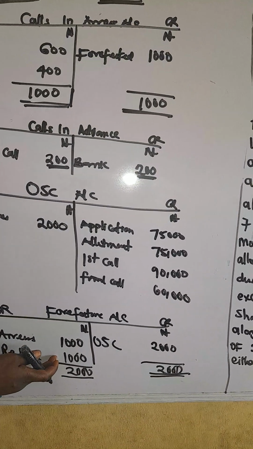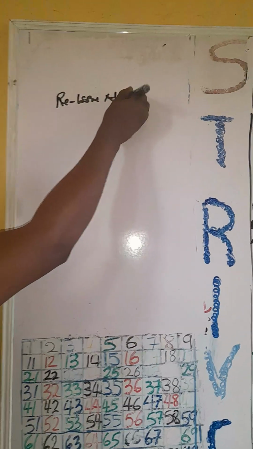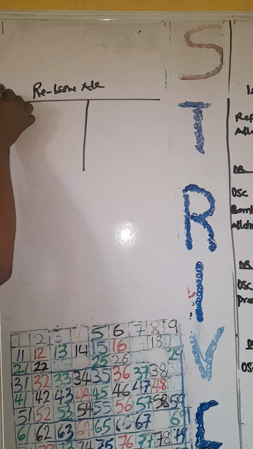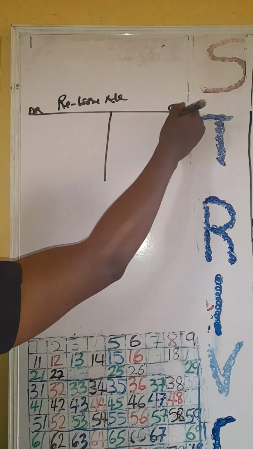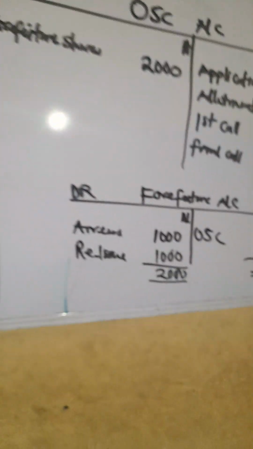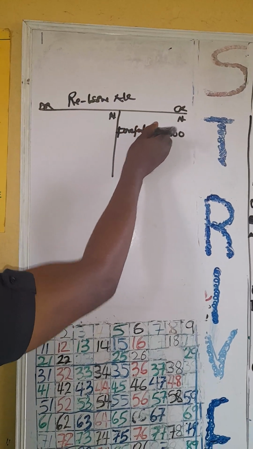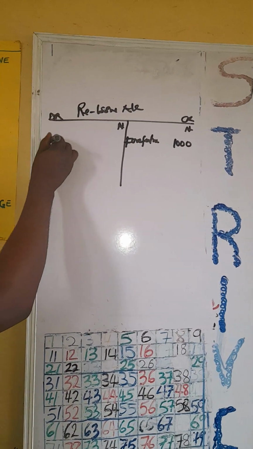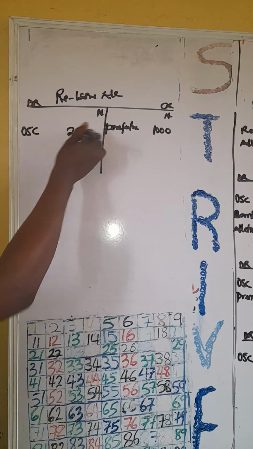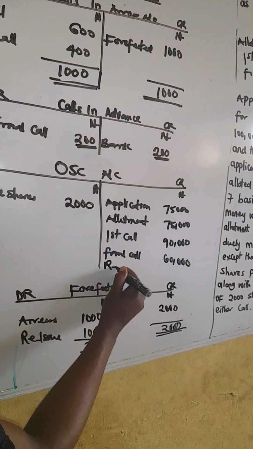Then that will now take me to the reissue account. Let's quickly go to the reissue account. So the reissue account will now look like this. So this is my debit and this is my credit. So my reissue account is on what side? It is on the debit side. I will transfer it to this side. Do you see it? It's coming from where? Forfeiture. Then this side, I will bring in ordinary share capital of 2,000 naira. So what I will do is come back to this side. Here, I will call it reissue